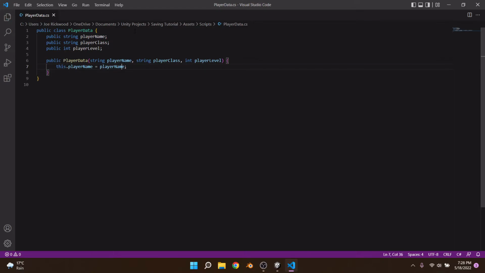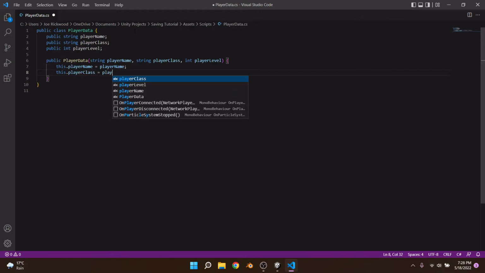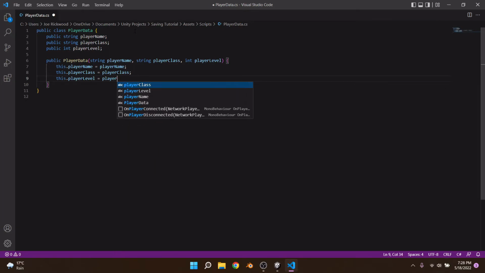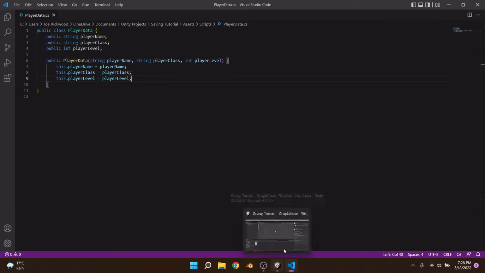Let's do this. And then this.playerClass is equal to playerClass, and you guessed it, this.playerLevel is equal to playerLevel, as you might have guessed. Cool. So this is essentially what we're going to be saving into what we call a JSON file,